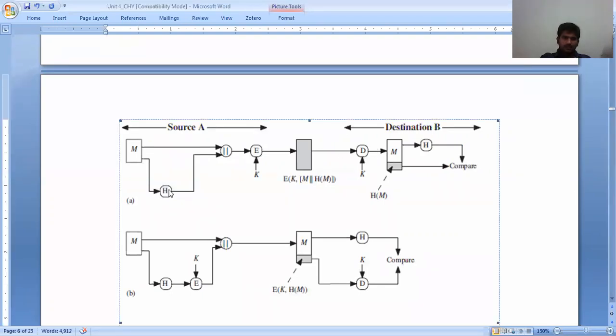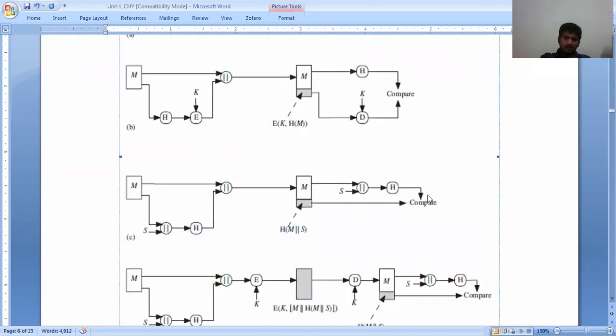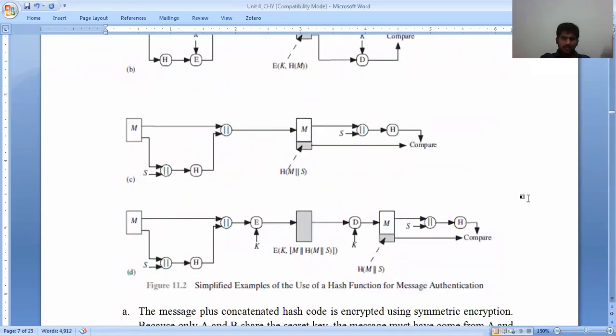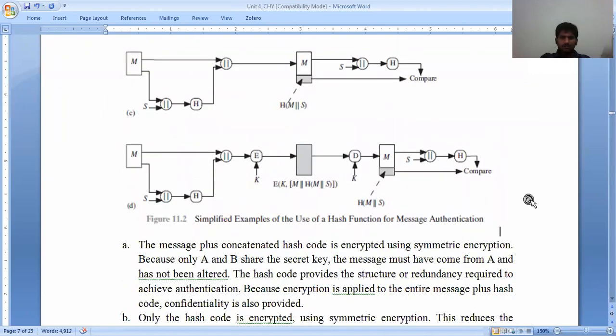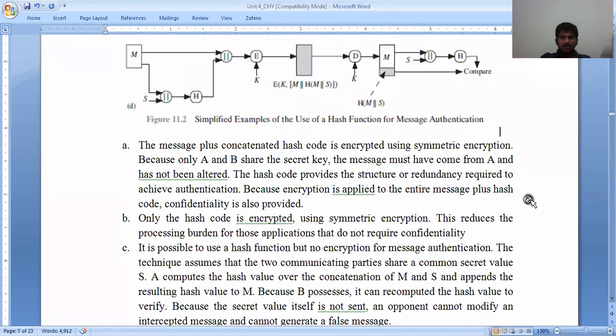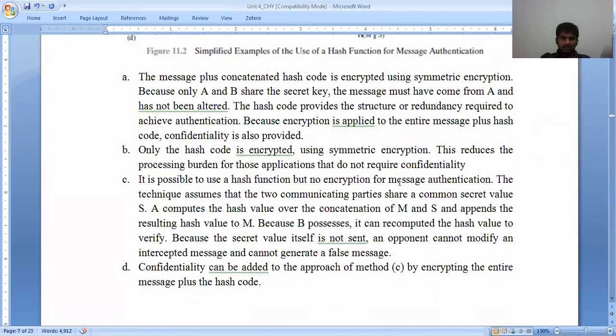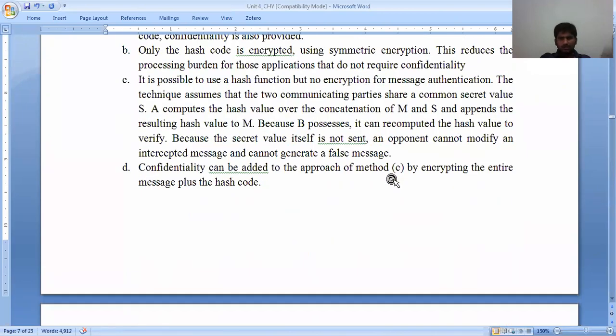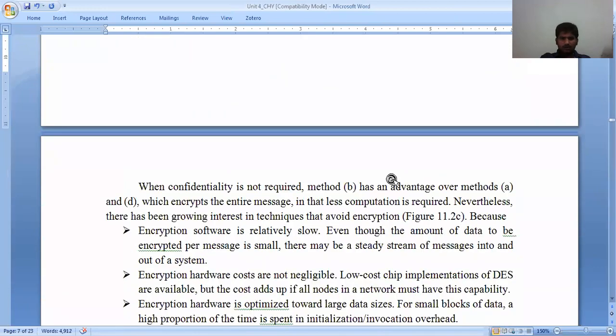So how the hash function is applied, how it is transferred through the network, and how we do the encryption with the key. In every message authentication code and hash function, we only compare the values. We are not going to do any reversible process. So what is the process here, and how are we going to do this process?